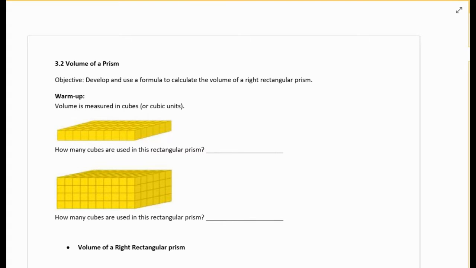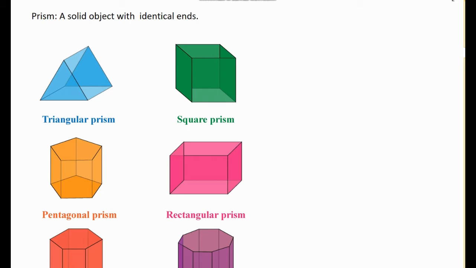Today we're going to learn how to find the volume of a prism. Before we start, I want to go over the definition of a prism. A prism is a solid object with identical ends. Ends mean bottom